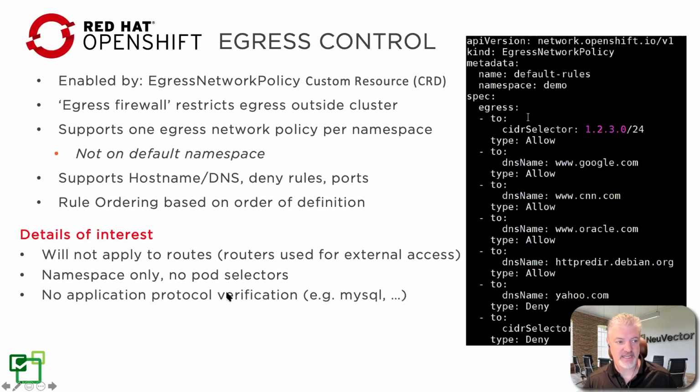No protocol verification. So in both Kubernetes and OpenShift, there is not an ability to verify the app protocol at layer 7 for egress. And that's another layer of security that can prevent tunneling or other types of attacks. So the ability to identify a protocol is one capability, then to also validate that protocol, to not only be able to identify it, but to verify that the traffic within that protocol, the payload, is not